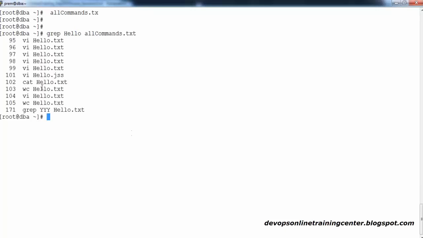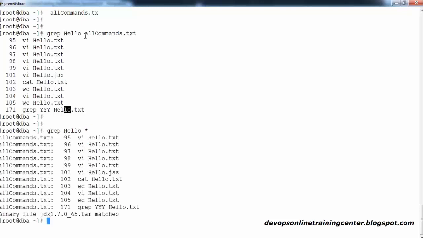Look at this. It is printing each and every line which has the hello pattern. Can you see all these lines where it has a hello? And look at this line, this line has a hello. So grep is a command which will search for a pattern in a given file. Then you might be thinking, I don't know the file name exactly, there might be any file. So if you want to find in all the files, you make use of a wildcard character called asterisk, which represents search in each and every file.